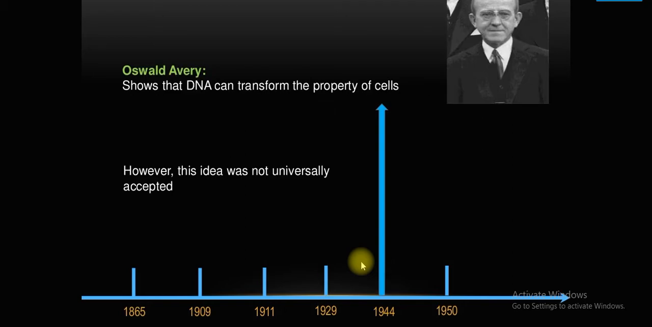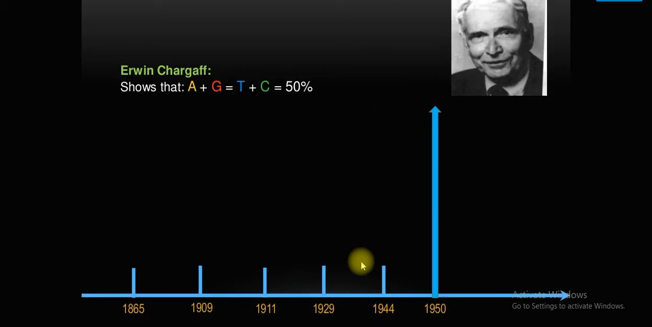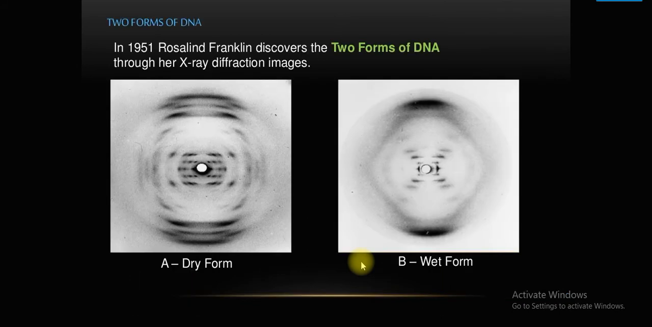Oswald Avery showed the mechanism of transformation in experiments on bacterial cells in 1944. After this, Erwin Chargaff showed that the A content is always equal to the T content. If A content is 50% in the cell, then T content is also 50%, in the year 1950. And after these works came Franklin's two forms of